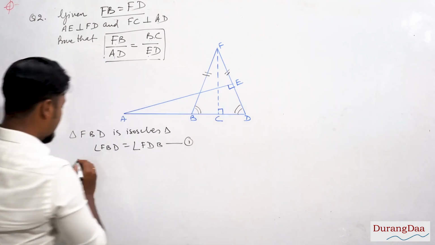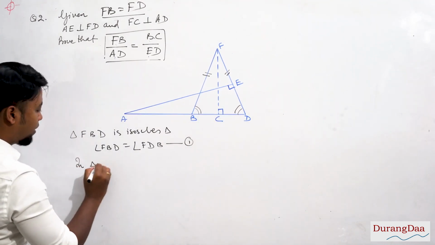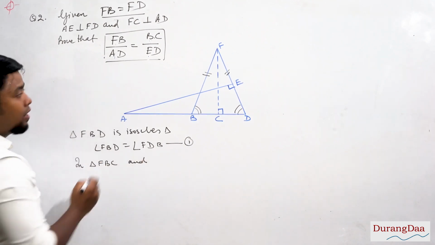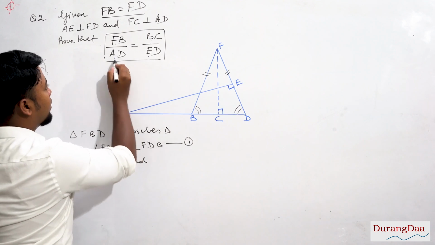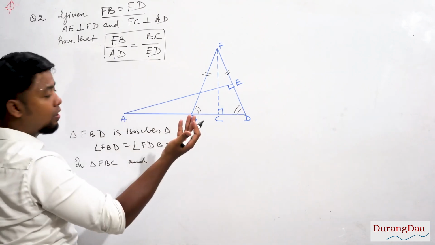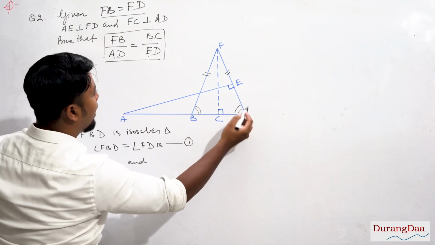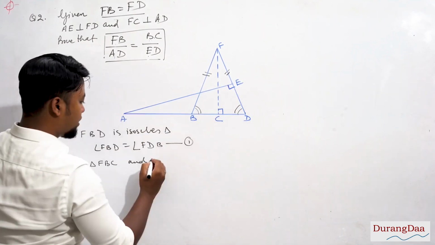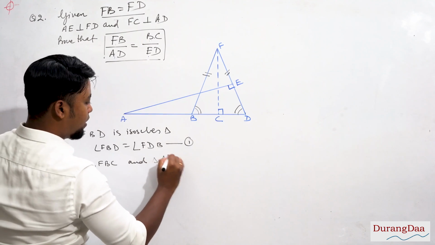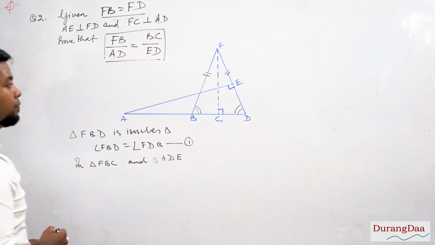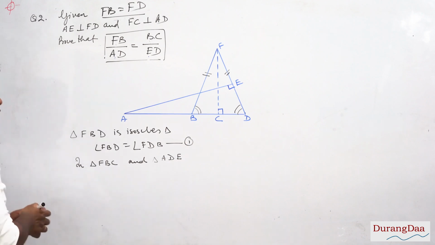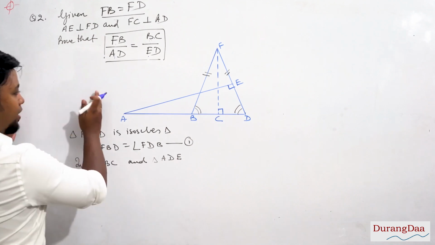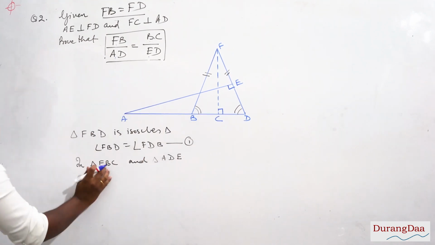So the first triangle I got is triangle FBC, and for the second triangle you look in the denominator. AD and ED belong to which triangle now? Clearly they belong to triangle ADE. So the second triangle is triangle ADE. No problems here. Now, for simplicity, I will redraw these two triangles separately. I'll split the two triangles. So FBC,